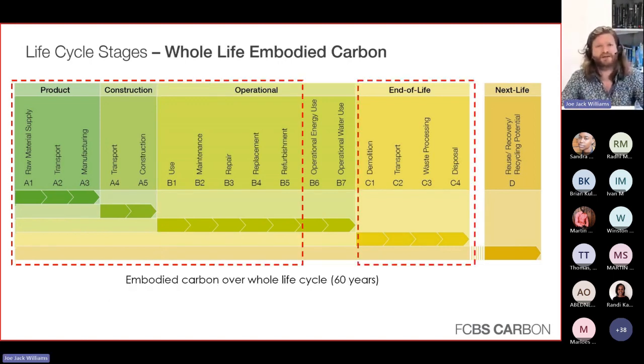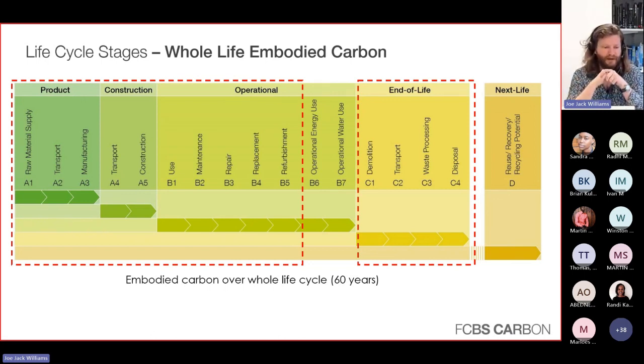Then we have this next stage, which goes all the way up to B5. So we take all of that upfront carbon, and we go from A1 to A5, and then B1 to B5. So that's how the building gets used. So is it maintained? We define the length of a building as 60 years, just for standard comparisons. It's not necessarily going to last 60 years. It might last longer, might last less long. But these have got those simple bits in it. So it's about how it's used, how it's maintained, how it's repaired, how many times it's replaced. So that could be quite a high carbon content.